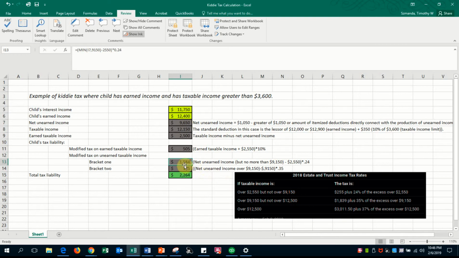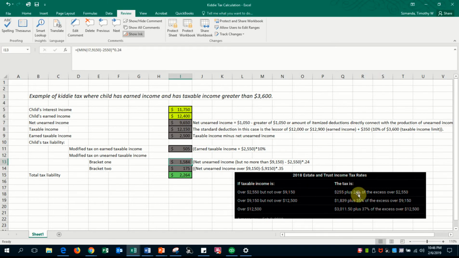The minimum of those two is, of course, the $9,150. And so we'll take $9,150 and subtract $2,550,